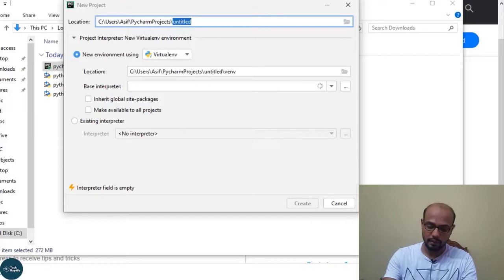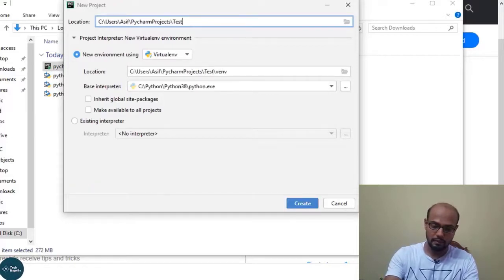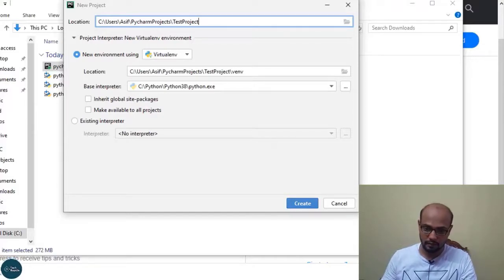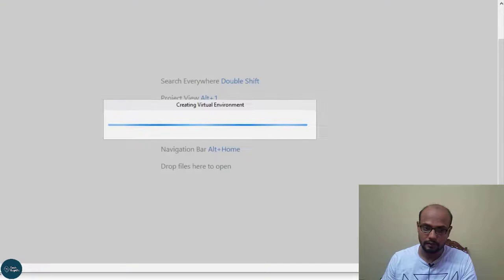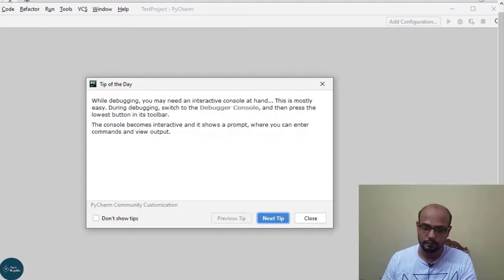I just put the name test project and click on create. Here PyCharm wants to show some tips, but I don't need this.